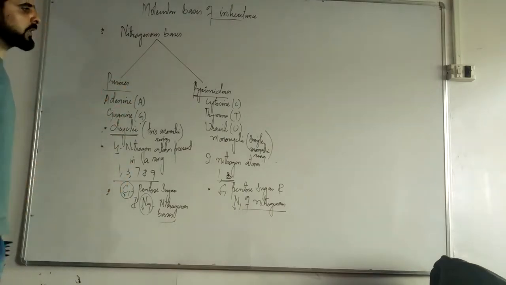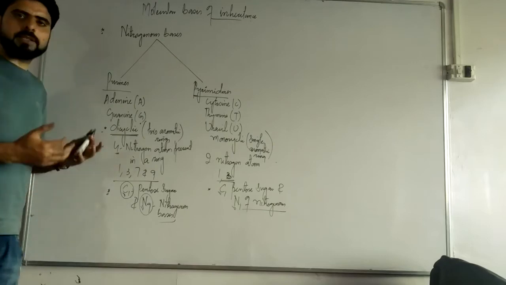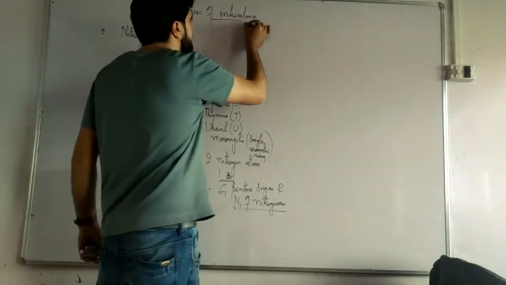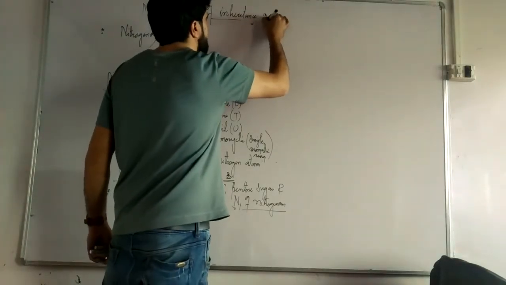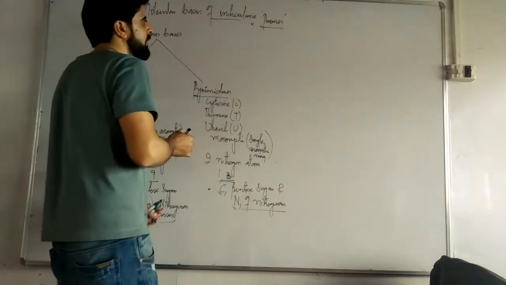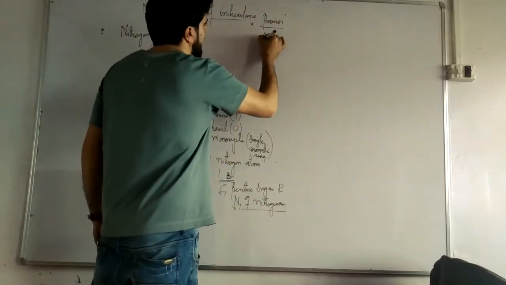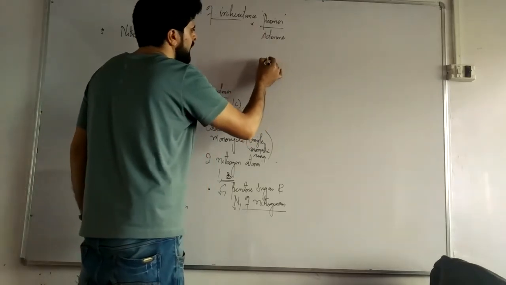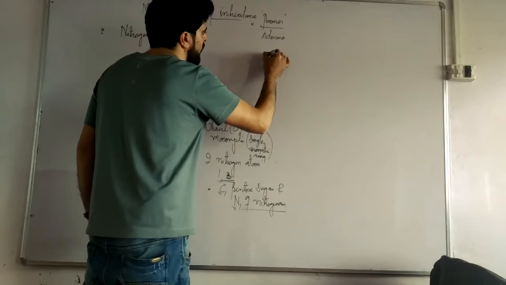Later on we will see how the nitrogenous base makes a glycosidic bond with the pentose sugar. Let's take the first one in detail. We will first take the purines. Purines are dicyclic, meaning they have two aromatic rings. The first one is adenine. If I make the structure of adenine, we have N.